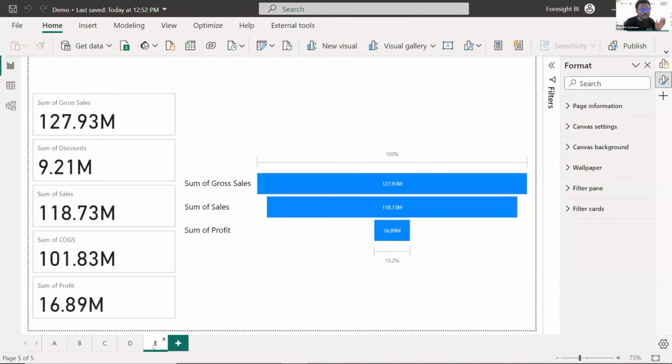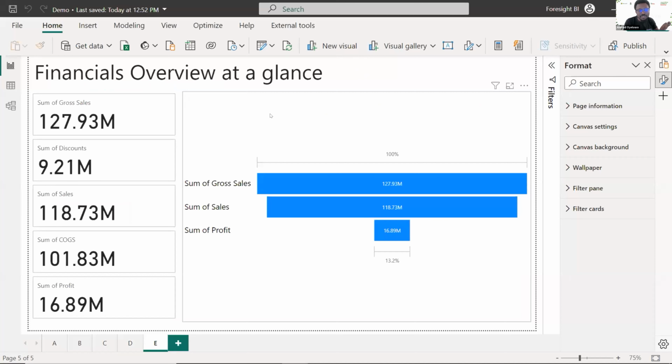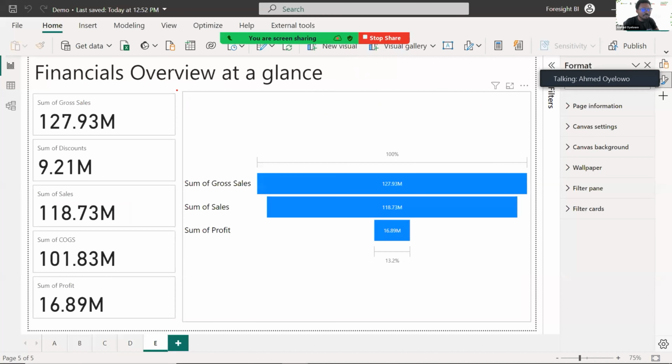Now, finally, just to key in the point as well, lastly, we use charts to display trends and patterns, because if you look at my 2 divides of information right here, they are almost the same information on both sides. But the left-hand side shows me my gross sales before I gave out discounts, and then the discount that I've given out. So this is my gross sales before discounts. Then I gave out this amount of discounts. And then this is my net sales after I've given out discounts.